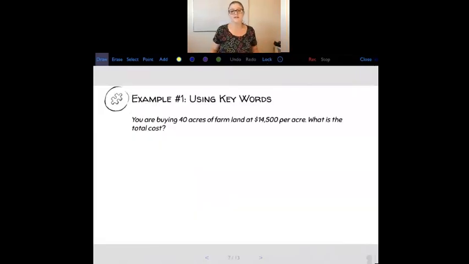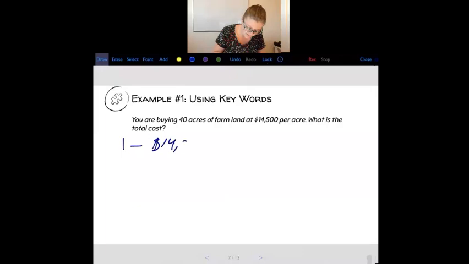So example 1, using keywords. You are buying 40 acres of farmland at $14,500 per acre. What is the total cost? If we write a table, I like to show what's happening before we jump into the math. So 1 acre